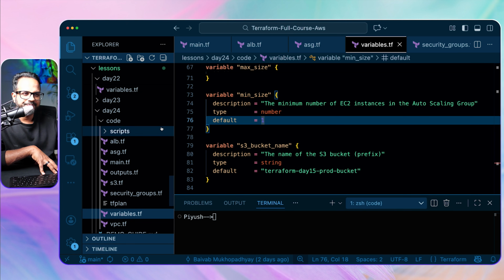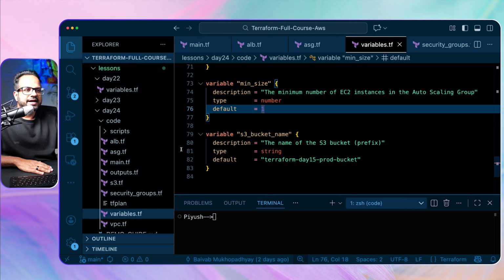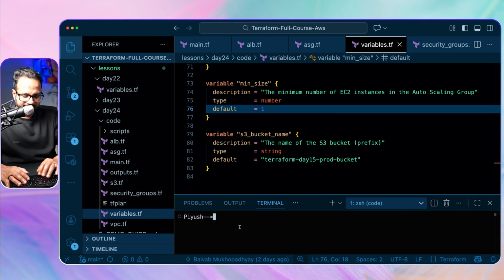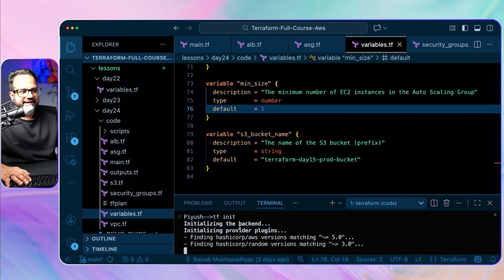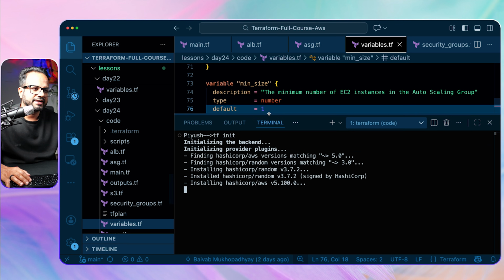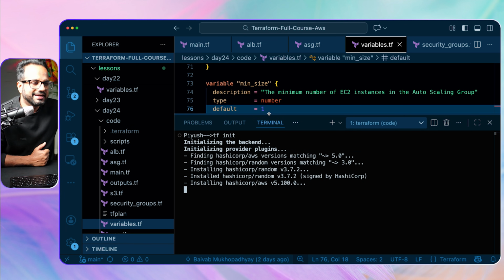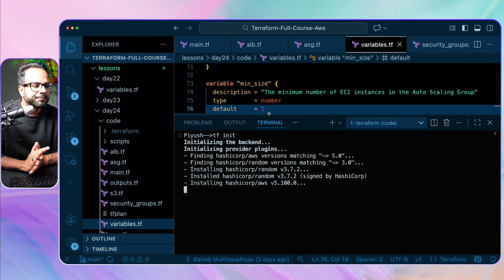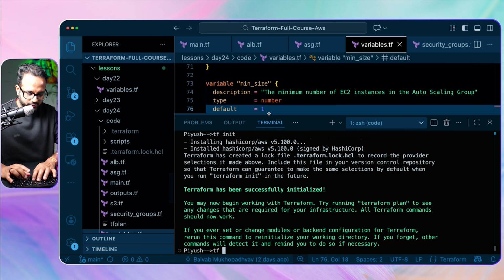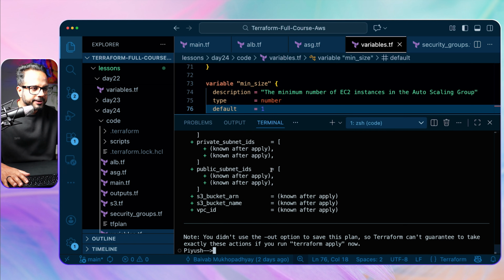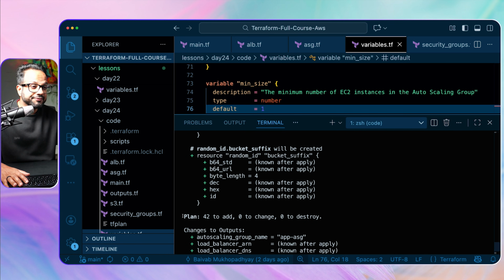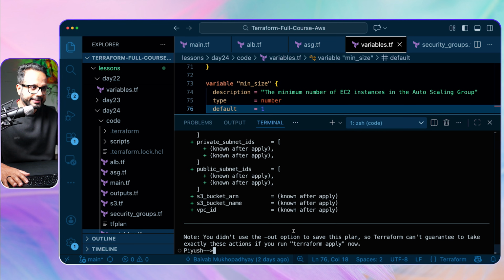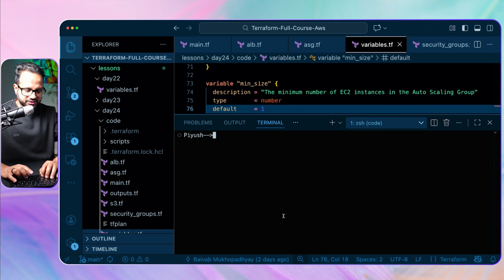Okay, so now that we have seen everything, it's time to run tf init, tf plan, and tf apply. So let's do it, and let's see if we get any error. We'll fix that on the fly. So tf plan, okay, it says 42 resources will be created. So we did not see any error. Now let's run Terraform apply